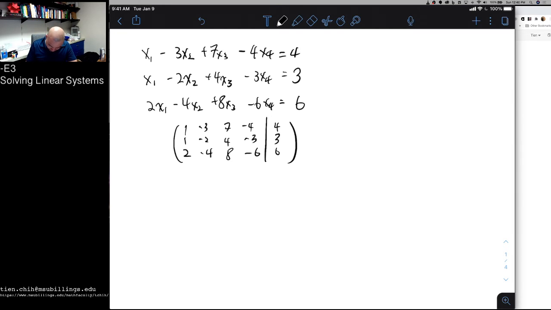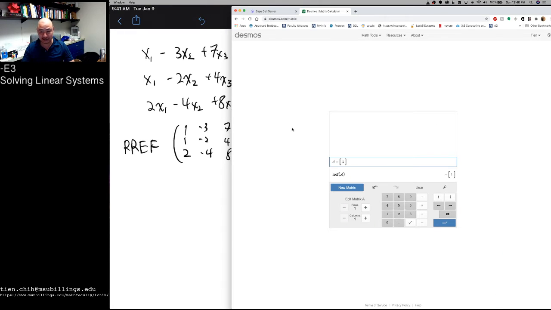And now our goal is to find the reduced row echelon form of this matrix. And as before, I have no desire whatsoever to do this by hand. So I'm going to pop over here and let's go to Desmos. And let's bump our number of rows to 3 and our columns to 5. And then go ahead and enter in